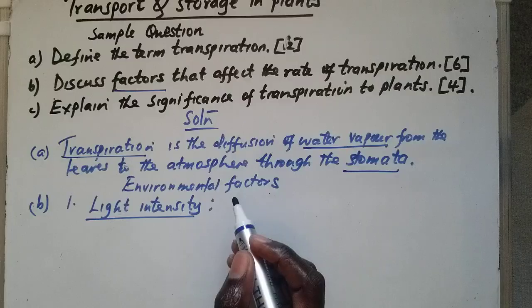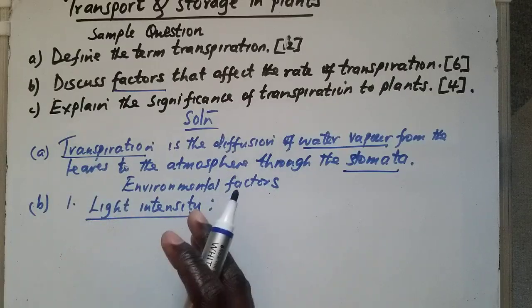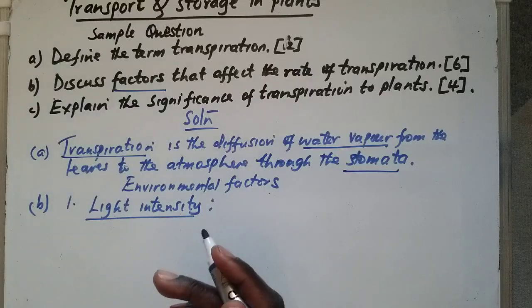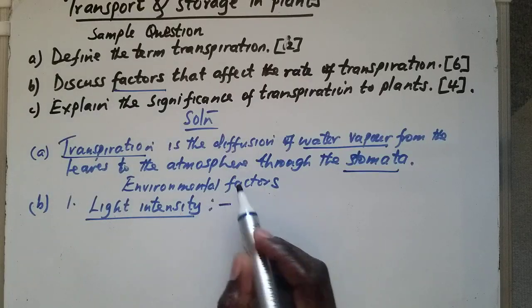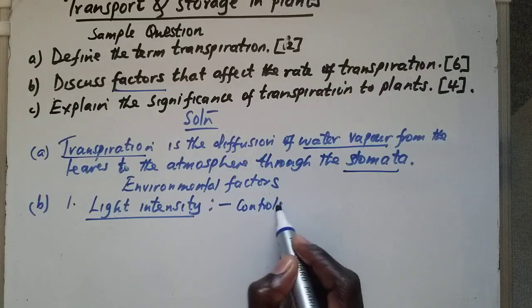Light intensity is simply the dimness or the brightness of light. And usually light intensity controls